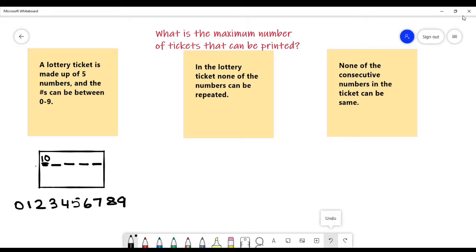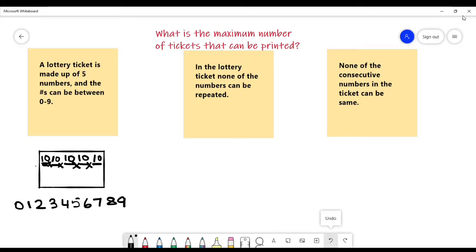Now when it comes to the second digit, I don't have any rules that prevent me from using the same numbers again. So I will have 10 options for the second digit. I will have 10 options for the third, fourth, and fifth. Now you have to multiply 10 times 10 times 10 in order to see what's the total number of tickets